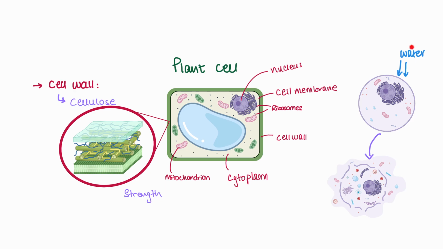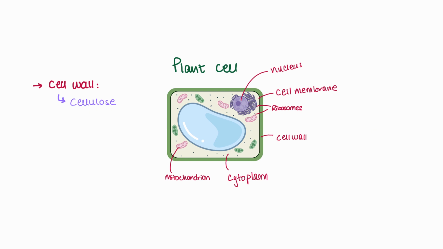Now, how that water filling and all of that happens is not your concern right now. What's important to know is the basic function of the cell wall. Now, unlike the cell membrane, the cell wall is fully permeable, which means it allows all substances, big or small, to pass through. This is because the function of the cell wall has nothing to do with the allowance of substances in and out. It's working on the strength and the structure and the shape of the plant cell, right?